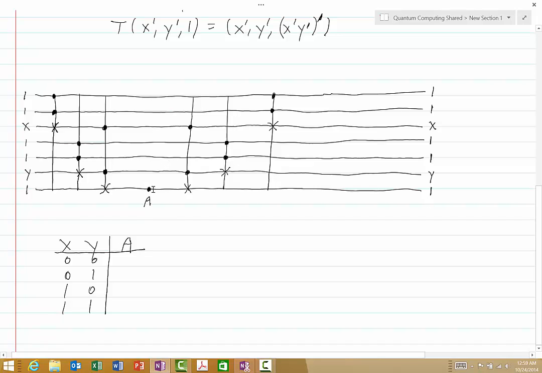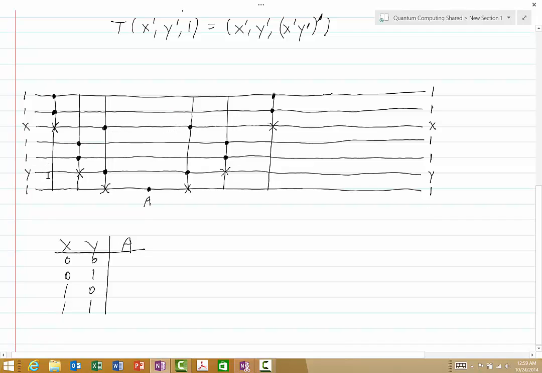And in that case, A will be equal to 0. So let's look at these 4 values and see what would force them to be equal to 1. Okay? Well, let's look first at this line. Now notice that we have X coming in here, and as we have already said, since we have a 1 on these 2 lines here, we will definitely have X prime here on this line. So right here, in these 2 spots that we identified of interest, we have X prime at both of those